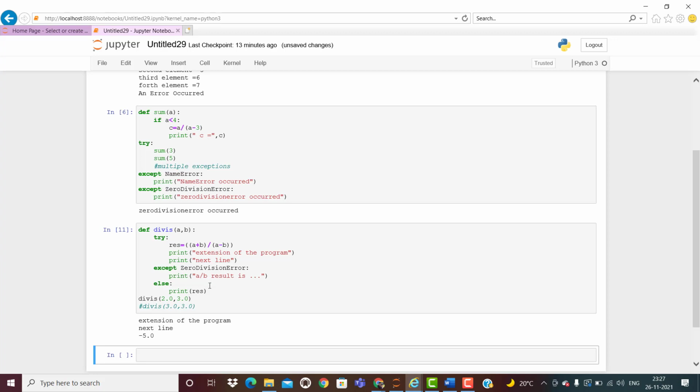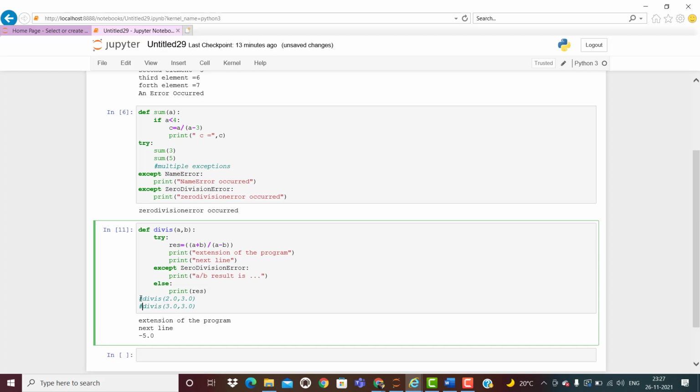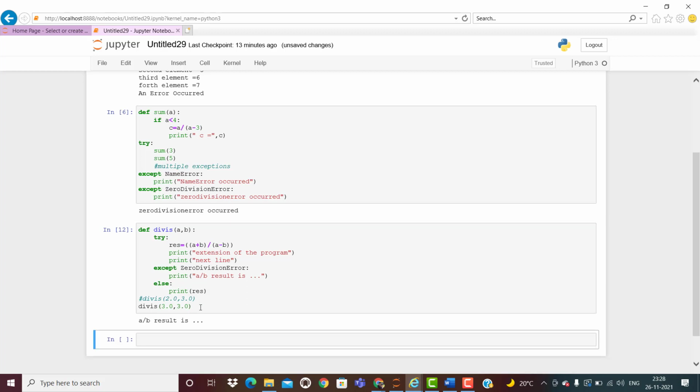After executing this, it has executed this and this statement. Again, this is not dividing with 0. So then finally it has written the result, what result I have stored here. But now I am going to comment this one and this I'll uncomment. Now here this part is not executing. So what will be the result? When this part is not executing, after that, whatever statements are there in the program, those statements are not going to be executed.